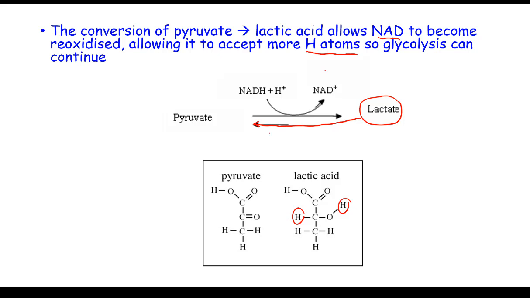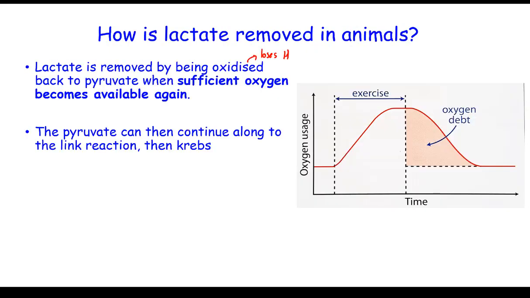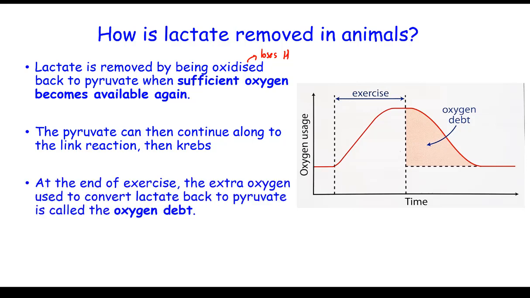Now, earlier on, we said that it was catalyzed by the enzyme lactate dehydrogenase. Lactate dehydrogenase actually catalyzes both the forwards and reverse reactions. So lactate dehydrogenase catalyzes the reaction of lactate being converted back to pyruvate. The pyruvate then can continue along the link reaction, then Krebs, and at the end of exercise, the extra oxygen